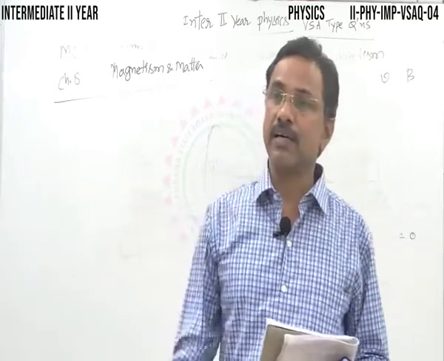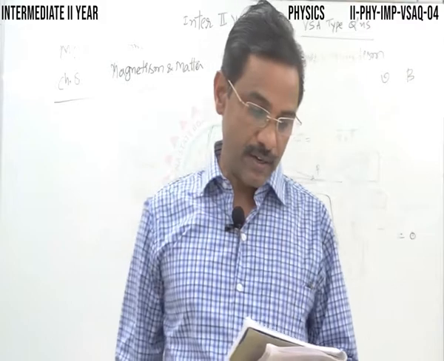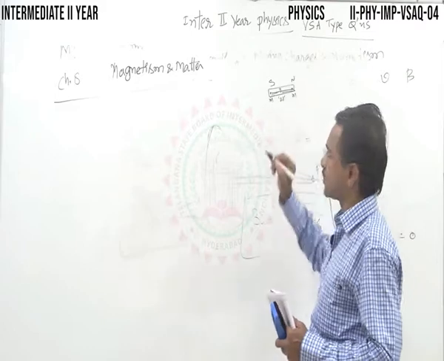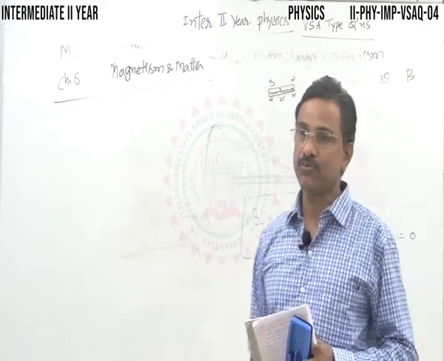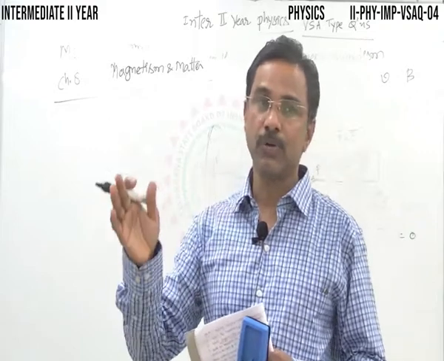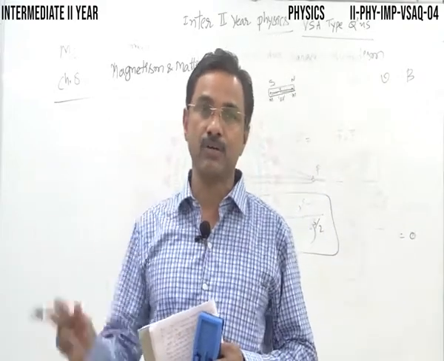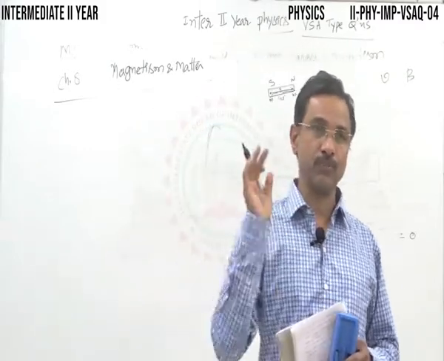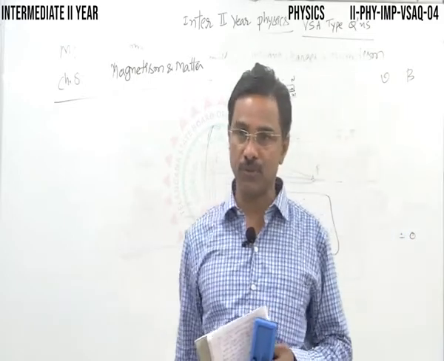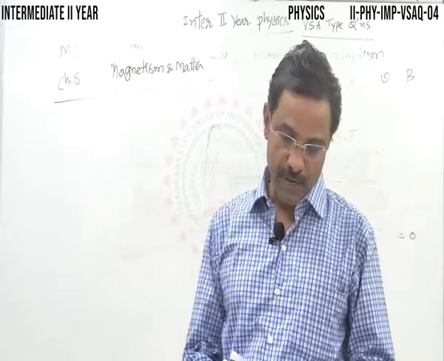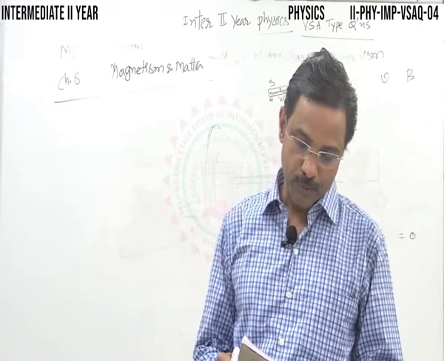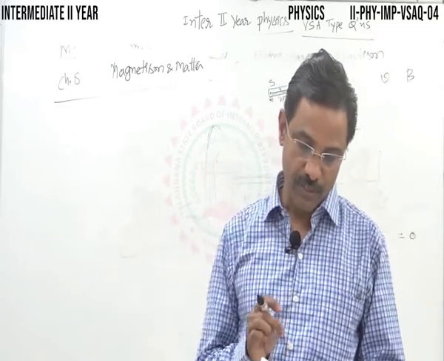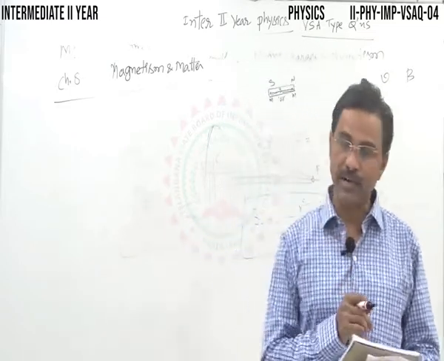Now this magnetic dipole experiences a net force. Usually the pole strength remains the same, both north pole and south pole have the same strength. When it is placed in a uniform magnetic field, the forces on the north pole and south pole are equal in magnitude and opposite in direction, so the net force becomes 0. But it is given in the question that a magnetic dipole placed in a magnetic field experiences a net force.